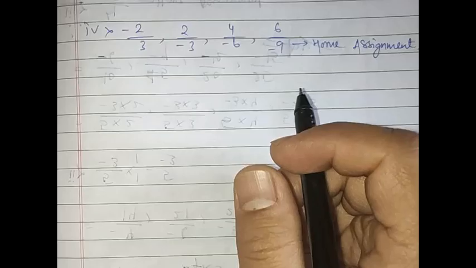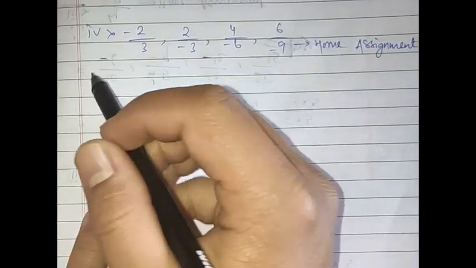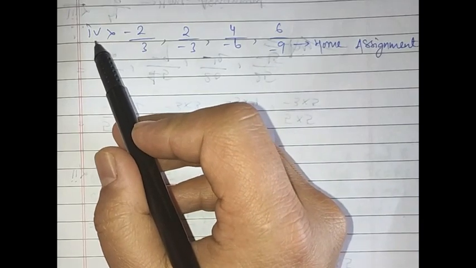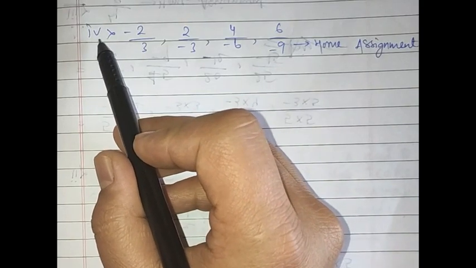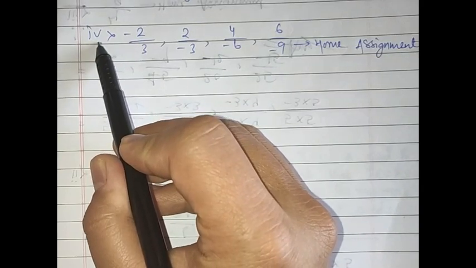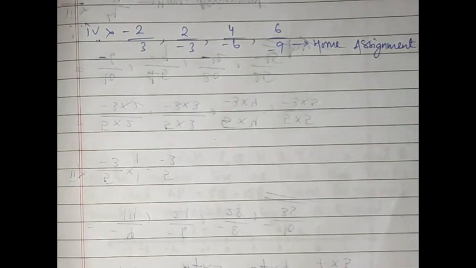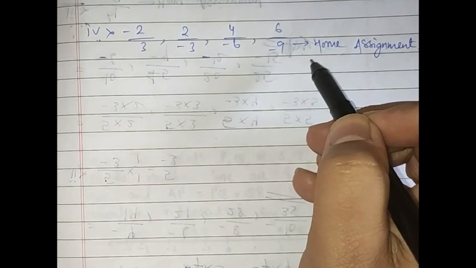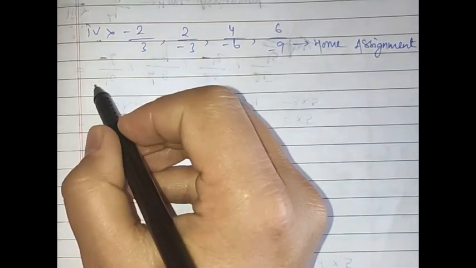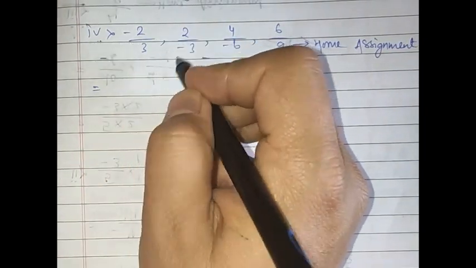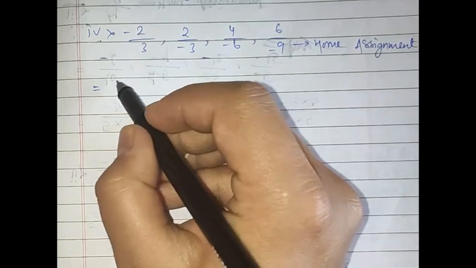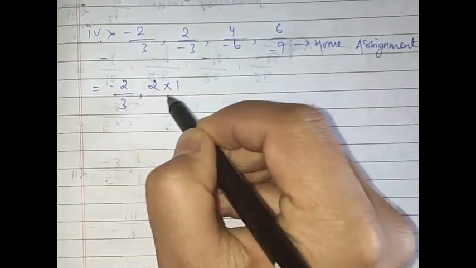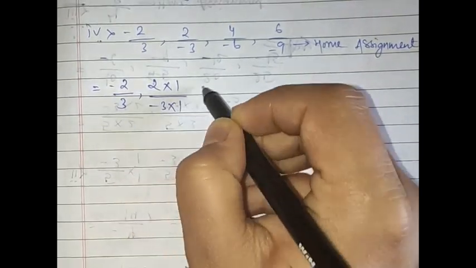Okay. So students, here we have the first home assignment which I gave you yesterday, of exercise 9.1, question number 2, sub question number 4, right? So here you have to write 4 more rational numbers of each of the following pattern, right? So you have to write 4 more rational numbers. Yesterday I hope you understood how we did this. So we have to follow the same rule here. Here also minus 3 into 1, okay.